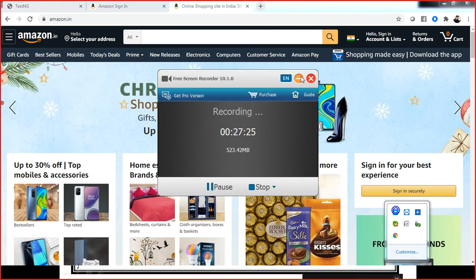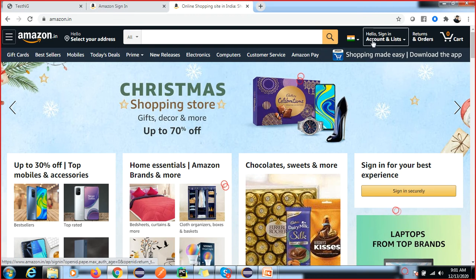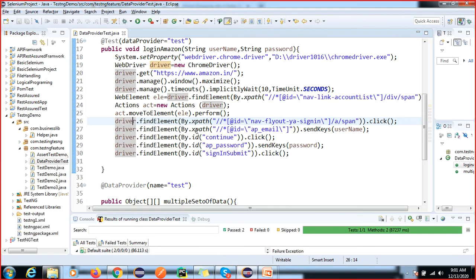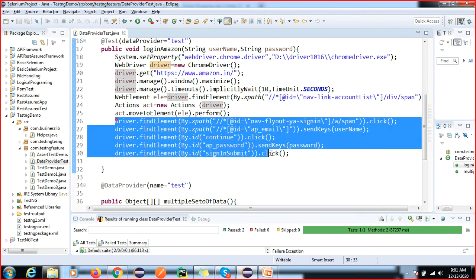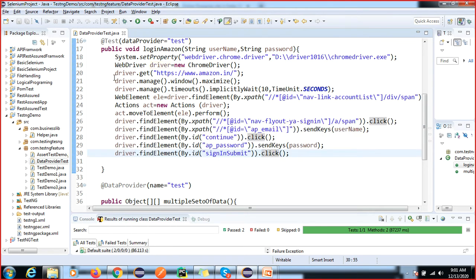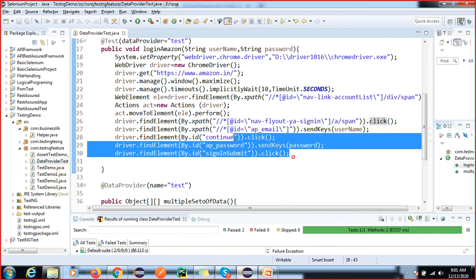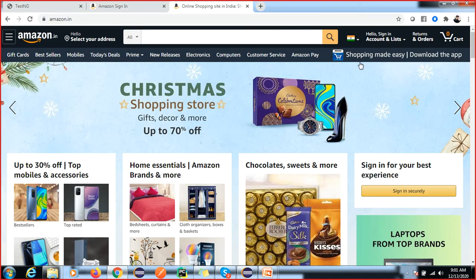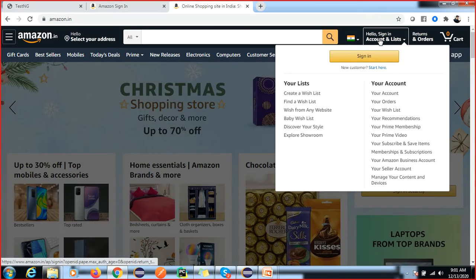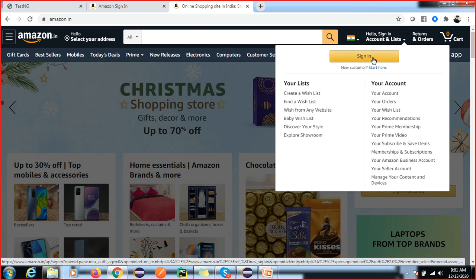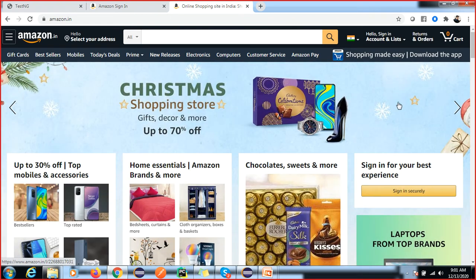This is your page object model, right? So what happens in real time is that we are not going to find all the elements in one class, in the test runner where you are going to execute. So for every class, like this is your login functionality, I will create one login class and we can capture all the elements in one class. This is the login feature you are going to test, right? So all the things we will do in one.